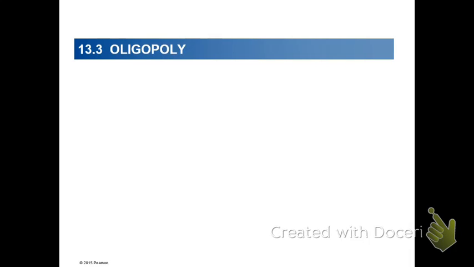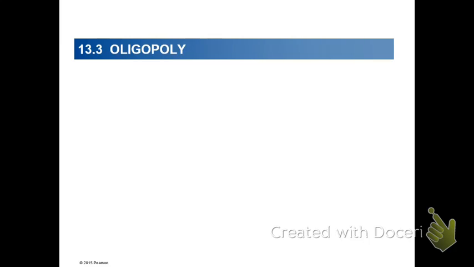Welcome back. Today we are going to talk about the last of the imperfectly competitive market structures, which is called oligopoly. Oligopoly is again a very general example of a market structure that we see in reality. Oligopoly, just like monopolistic competition, is very realistic in the sense that it really exists. And today we are going to look at what the oligopoly market structure actually is, and what kind of equilibrium conditions we should be expecting in the oligopolistic market structure.